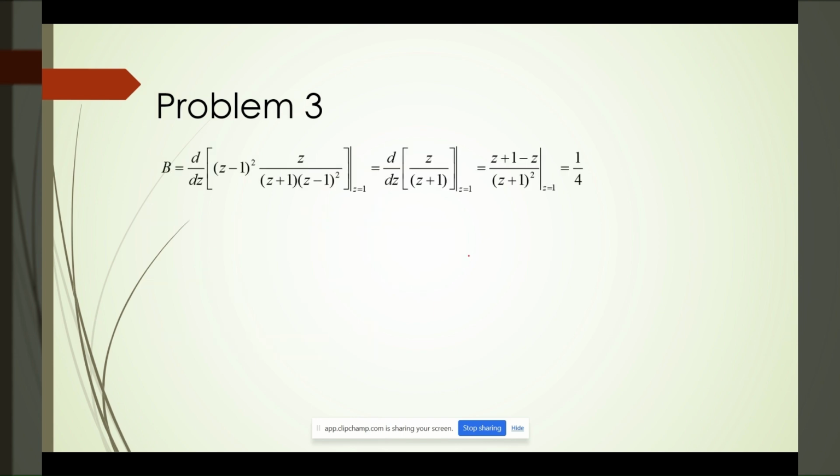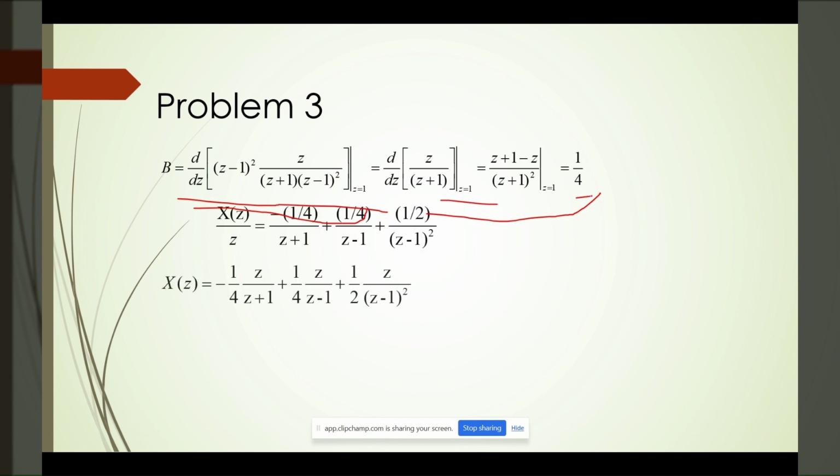For finding b, you have to go for a formula like this. You have to differentiate once. Differentiate and get the value. This is the different thing in this problem. You have to do this. If you do this, you will get a constant. Once you get the constant, then it is fine. Then again,